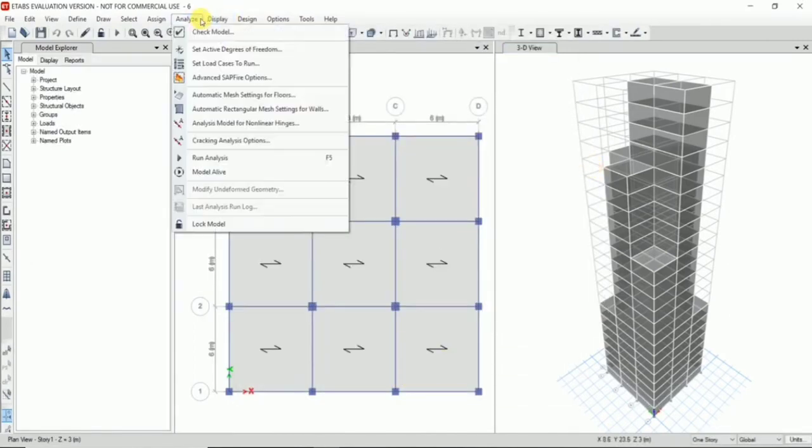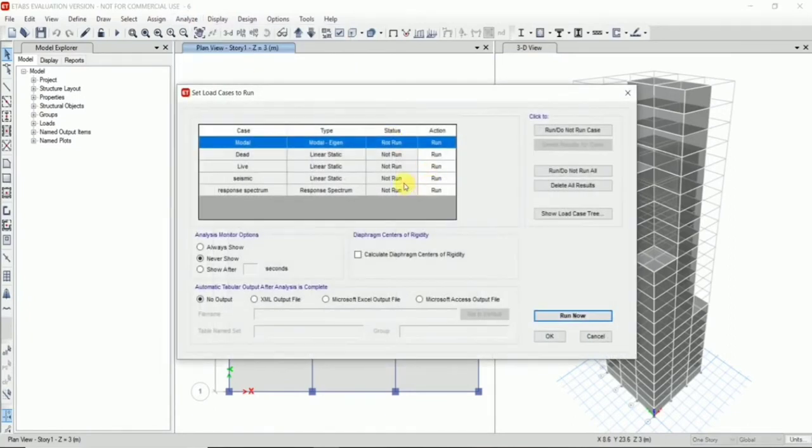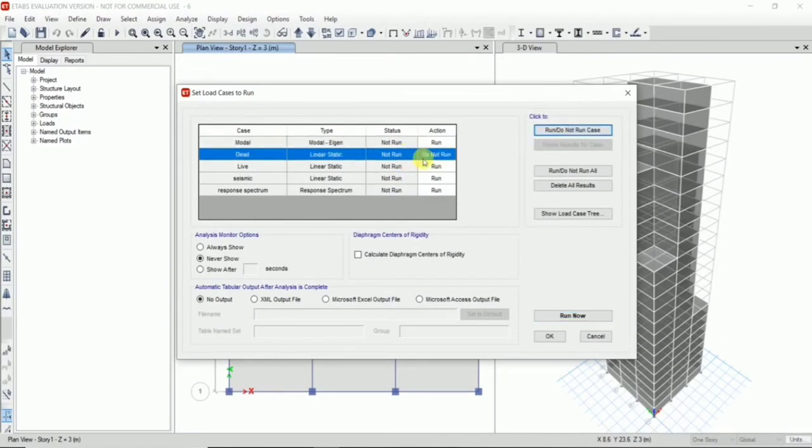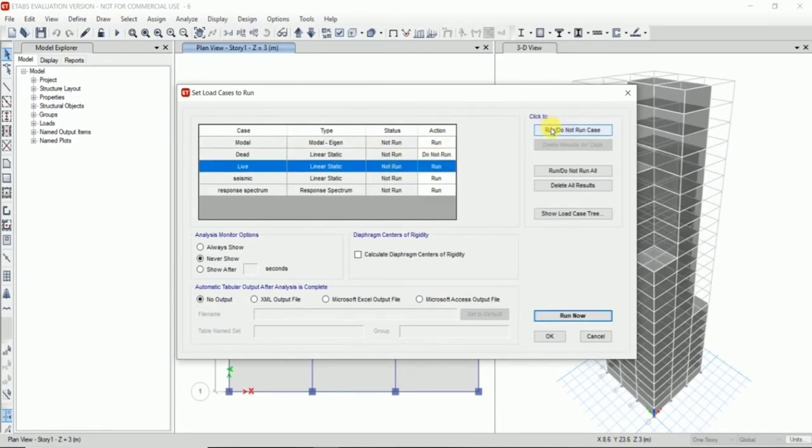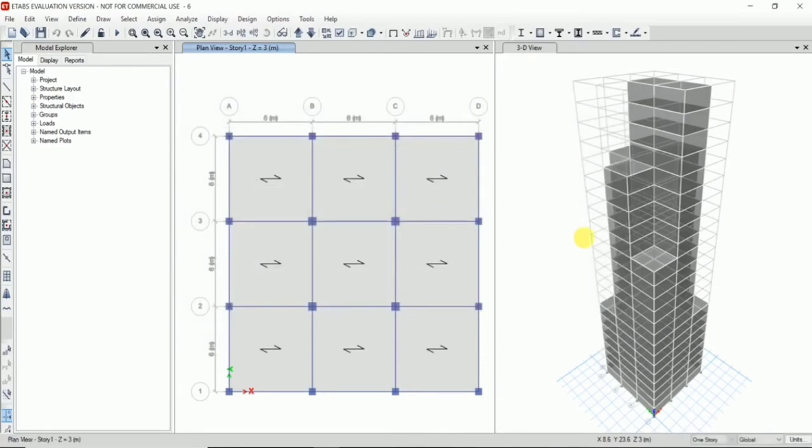For analysis of our building model, we go to analyze menu and select Load Case Run option. Here we change the analysis properties. Now click on Run Now option. Waiting for some time as the software runs the analysis.